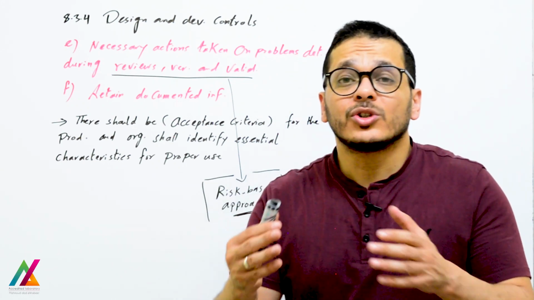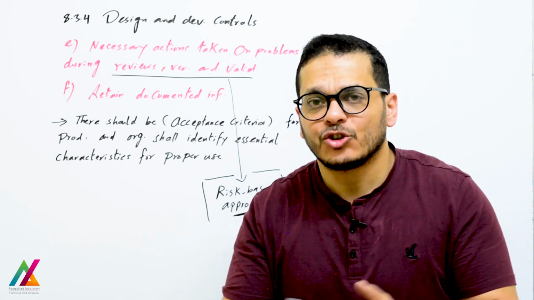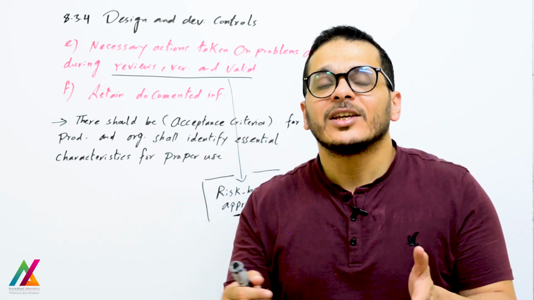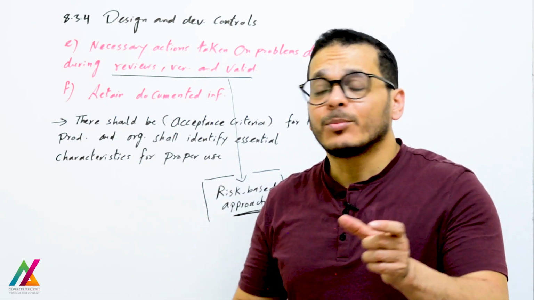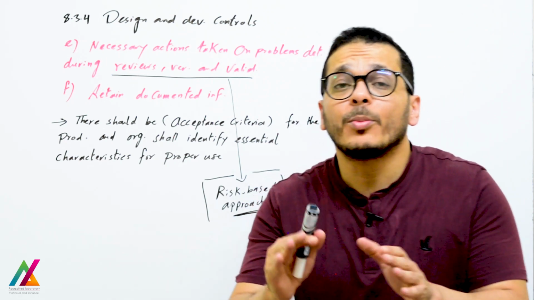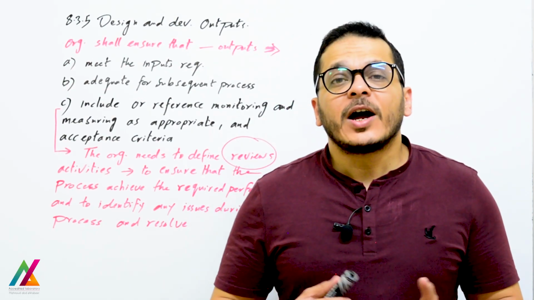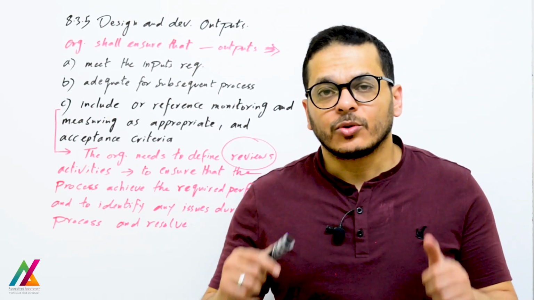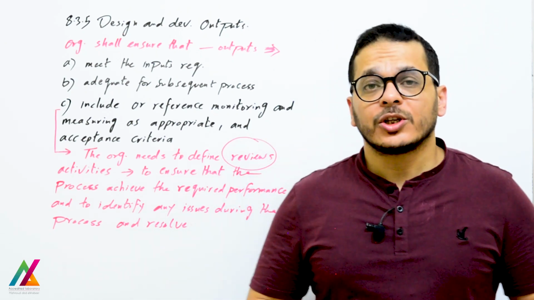If you produce medicine, for example, you will have some safety issues. That also shall be defined in a specification for the users. Very important. So essential characteristics shall be identified for proper use of this product or service. After planning and defining the design and development inputs for this product or service, then determine some controls, review, verification